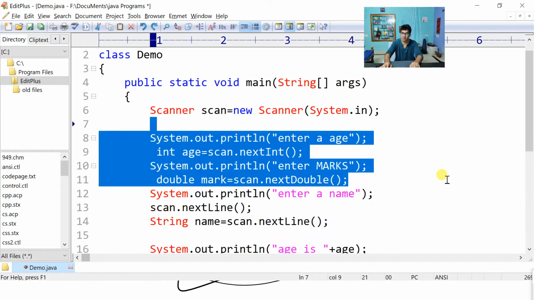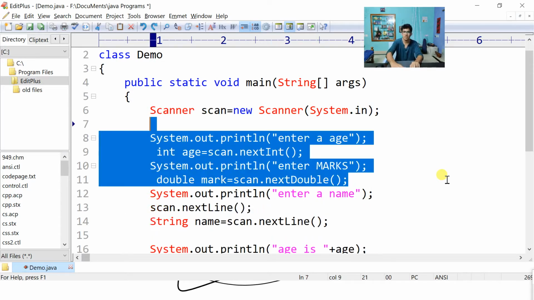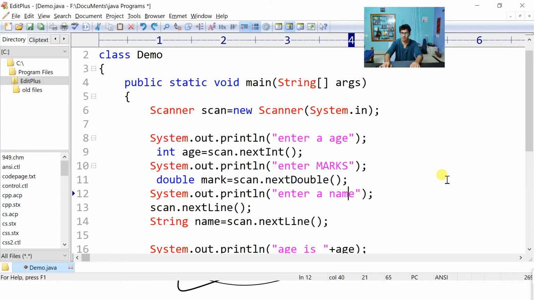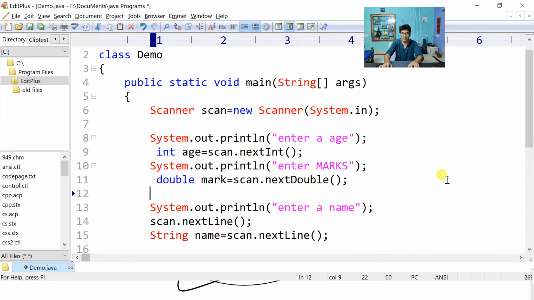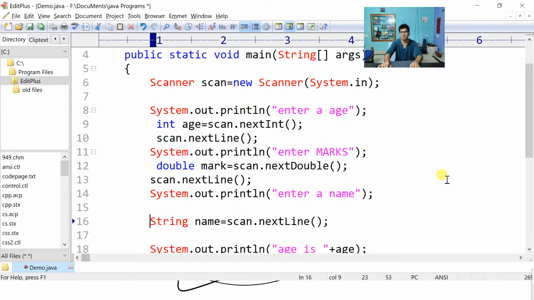But when you're using integer and all, that time, once, you have to call the nextLine method. Actually, you can write nextLine after each and every double input and integer input, because it will take the integer part, it will take the empty string, then again it will take the double part, again it will take the empty string. You can do it like that, but it is too tedious, so don't do it.